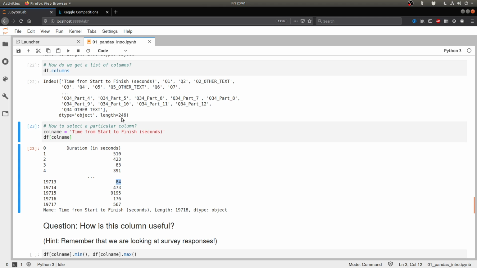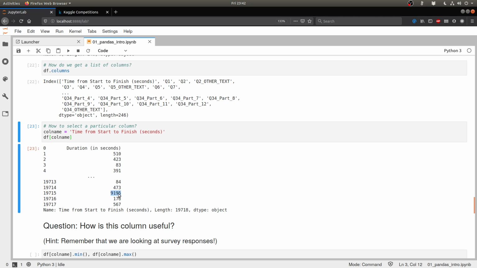So for a survey that has about 246 data points to capture about you, there is no way that you can finish that survey properly in 83 or 84 seconds. Some of the other values do look a little reasonable, but at the same time, we see that we have terribly large values as well, 9,195 seconds. So these are probably people who opened up the survey in a browser tab and then forgot about it and only later remembered it and then submitted the survey.